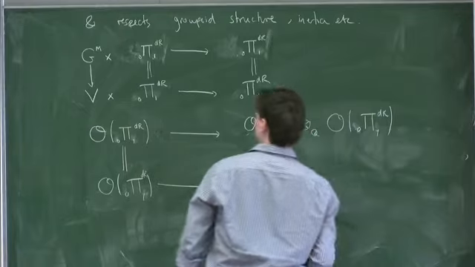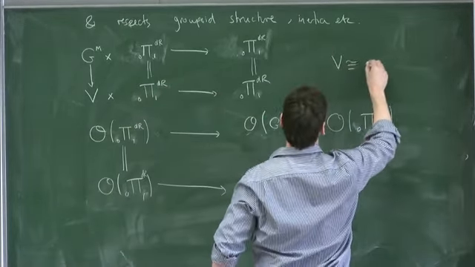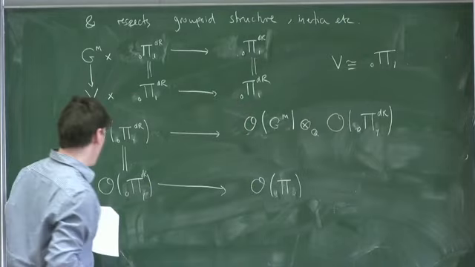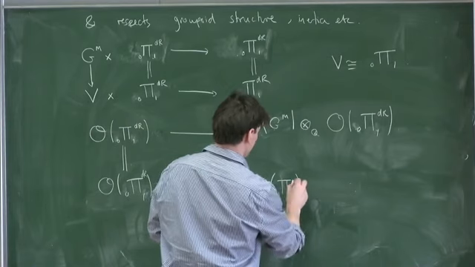Sorry. I want to write 0 and 1 here, not A and B. So I'm only going to consider the action on the piece of the groupoid 0, 1. Okay, so that now fits with all the previous notations. Right. And the point was that we computed the automorphisms of the entire groupoid, and V was isomorphic to 0, pi 1. That was the proposition of the last lecture. And so what we get here, I can replace O of V with O of pi 1.